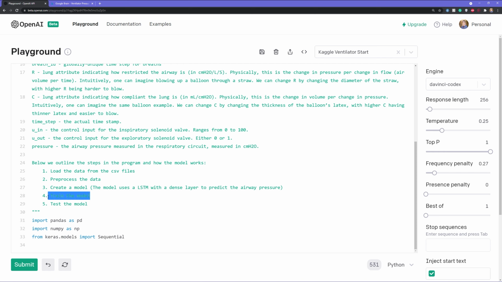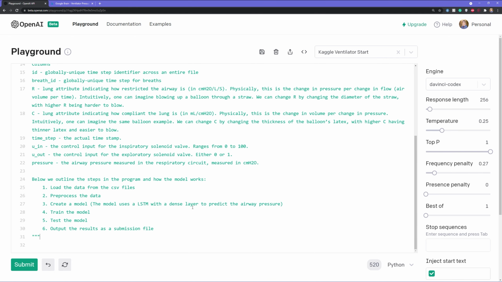So the next thing is to train the model and then test the model. I'm going to put back in what it had before, which is output the results as a submission file. Okay, so one last thing I want to do before we have it generate more is specify that this should be using